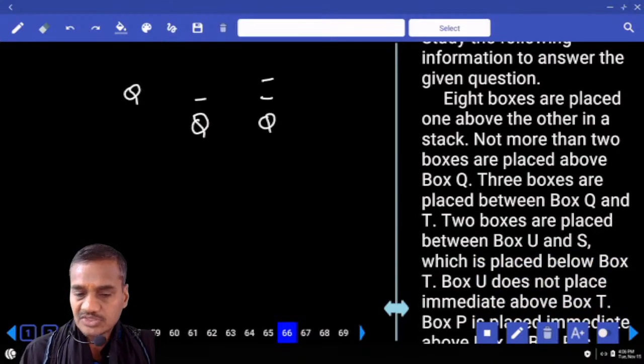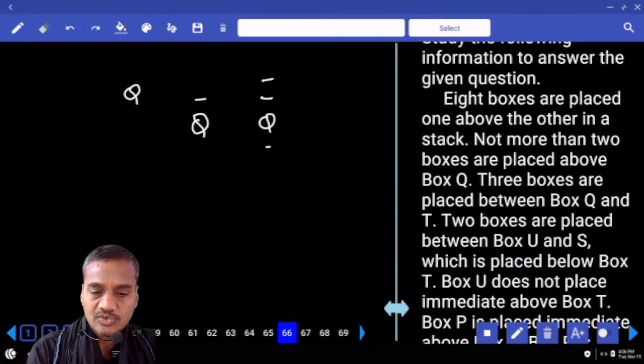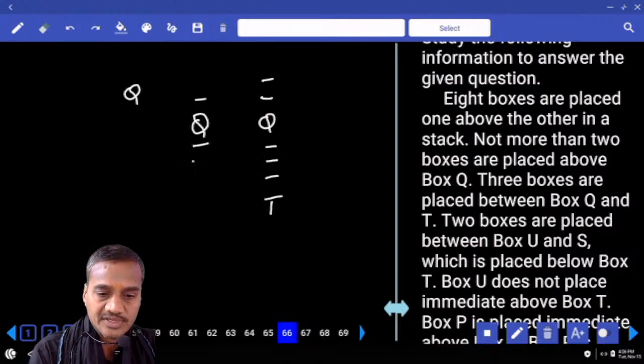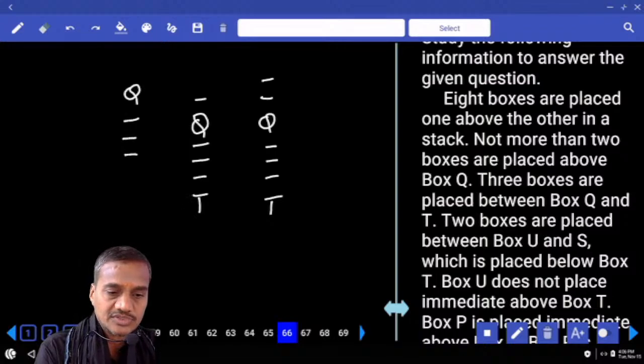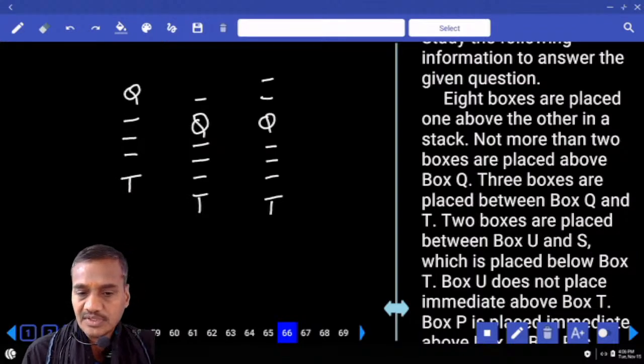And there are 3 boxes between Q and T. In between Q and T, how many boxes are there? There are exactly 3 boxes. Now here again, there are 3 boxes between Q and T. And here also there are 3 boxes between Q and T. And next one,